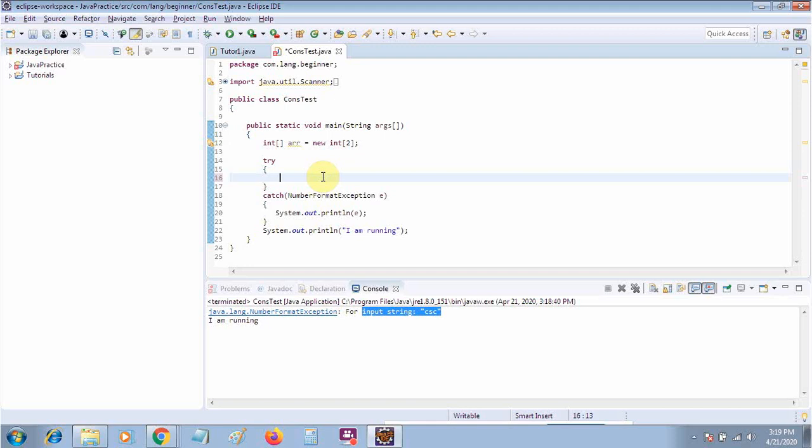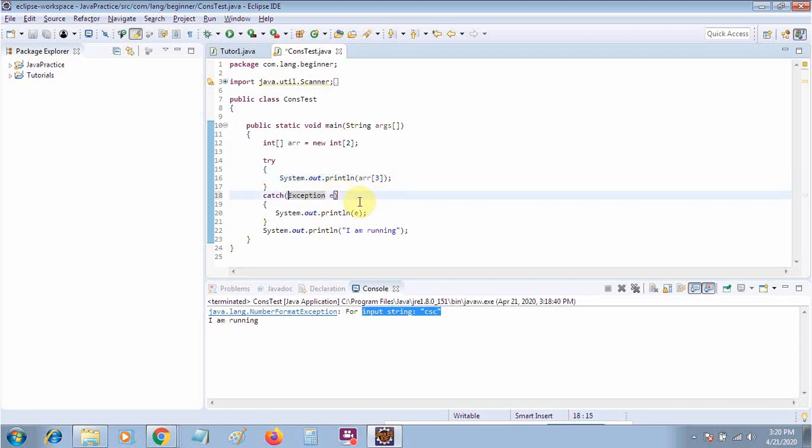Now, suppose that I am trying to print out the array element at the third position. What will happen actually, because the size is 2, I am trying to access some value at the third position, so it will throw the array index out of bound exception.